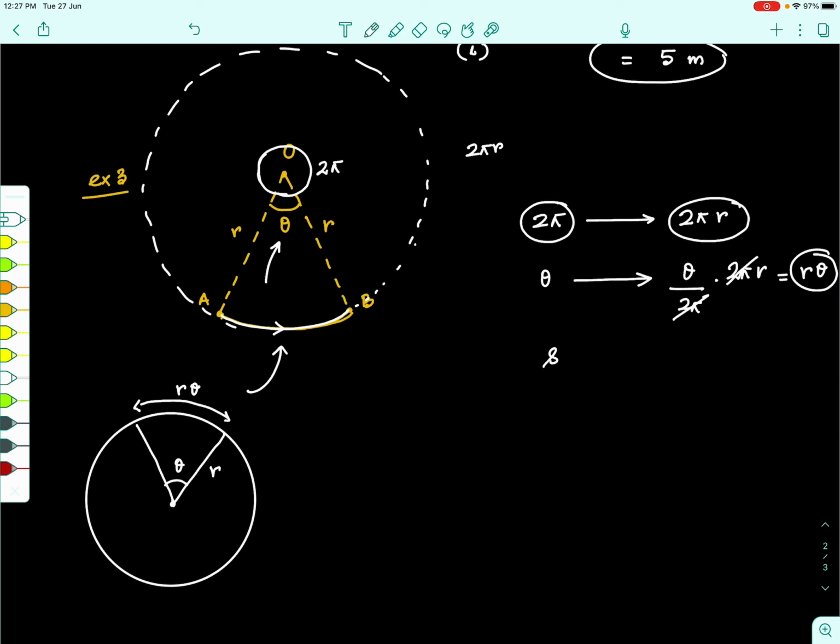So, the distance travelled in this case will be nothing but r theta, right, where theta has to be in radians. Theta is to be in radians here. This is important. If it is in degrees, you have to first convert it into radians and then you need to work upon it. The second case, finding out the displacement of this particle,